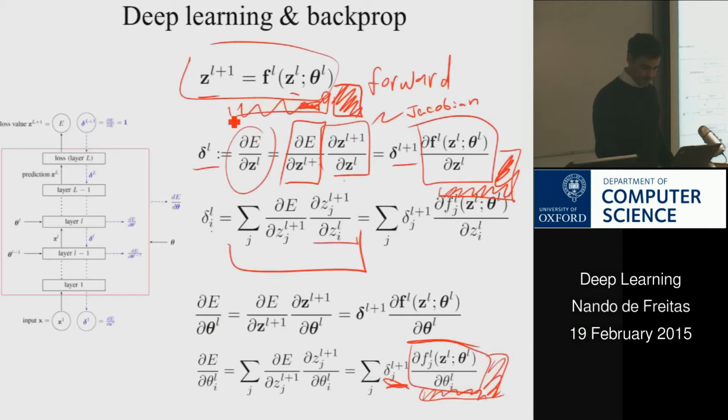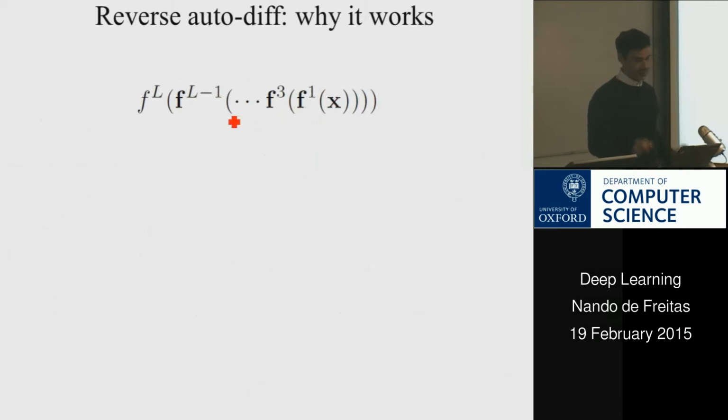Okay. Now there's two ways in which you could implement this. So let's now think of a neural network with capital L layers. So you start at layer 1 and you go all the way to layer L. And for simplicity, I've omitted to write the thetas here. Or you may just wish to think of thetas as being part of the vector x. Treat them as inputs. It's irrelevant which approach you take. The main thing is we have a function that is being built by composition.